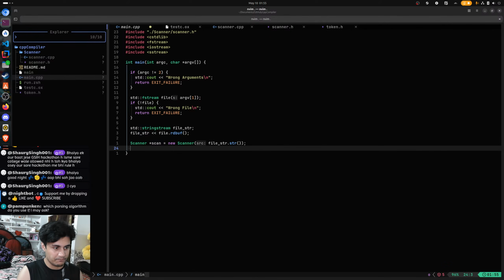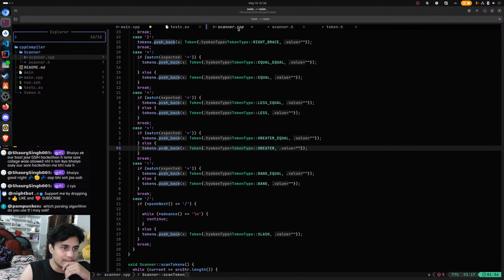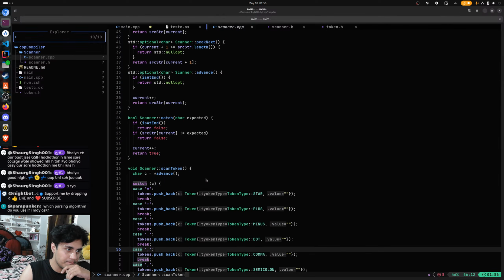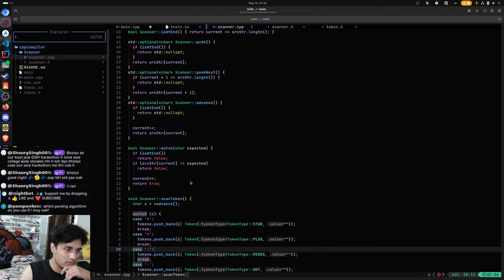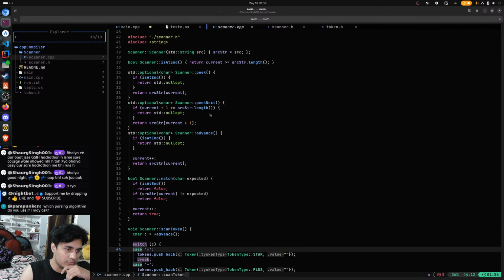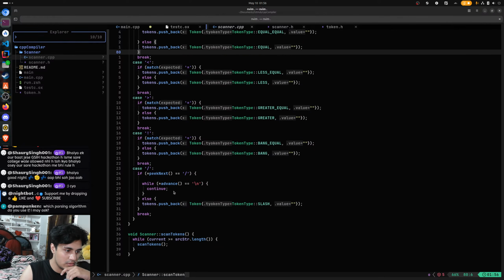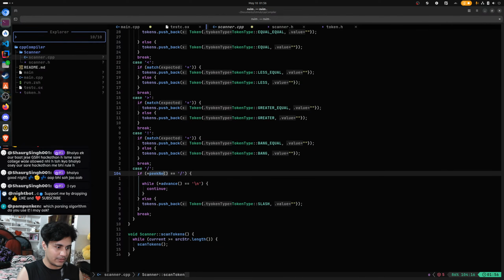I need a pointer here. And the next step that I need to do is scanTokens. This was the function that I need. Yeah, peek, peekNext. I've used peekNext here. I can use match of this type. If it gets a match,